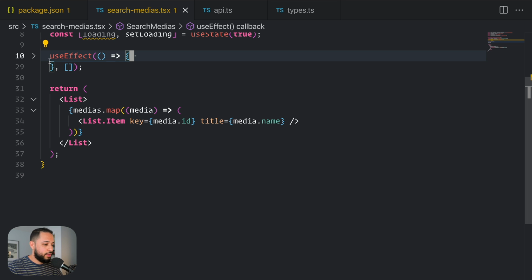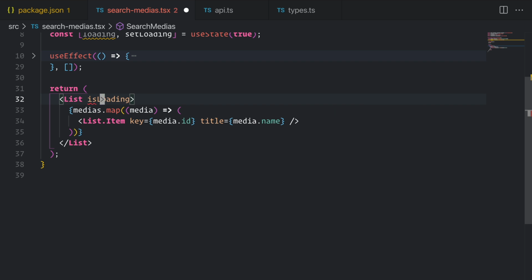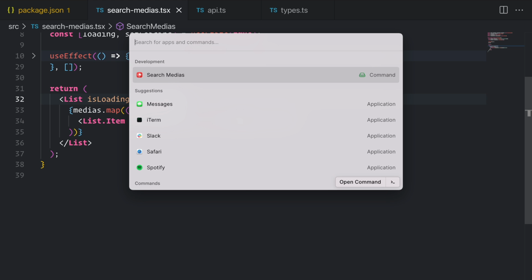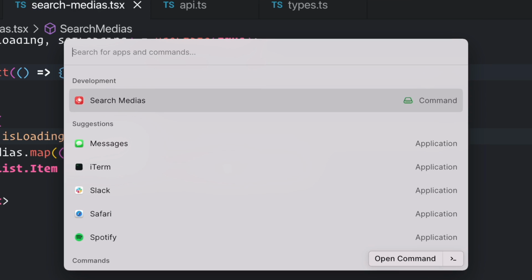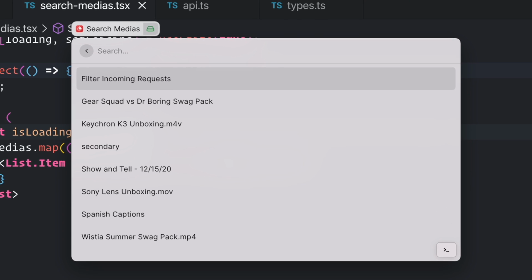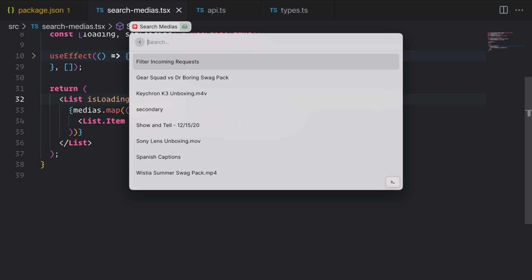should be enough. So over in our list, we're going to use our isLoading prop. We're going to pass the loading key. And now if we rerun our command, we should see that we get a little loading bar up top before showing our results. So now that we have our list displayed, we just want to make it look a little better. And there are some props on List.Item that we can pass in that'll make this look just a little